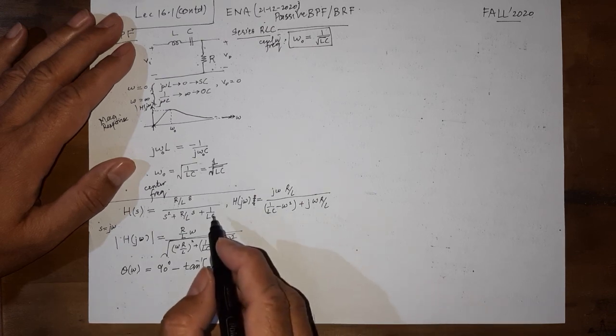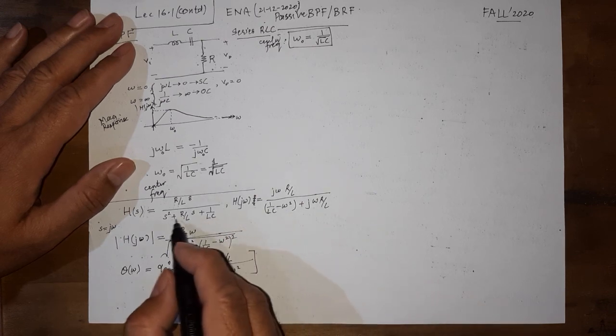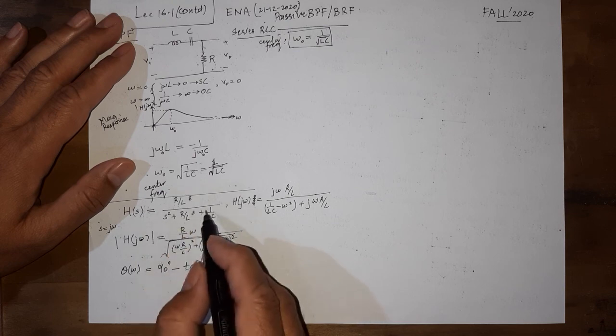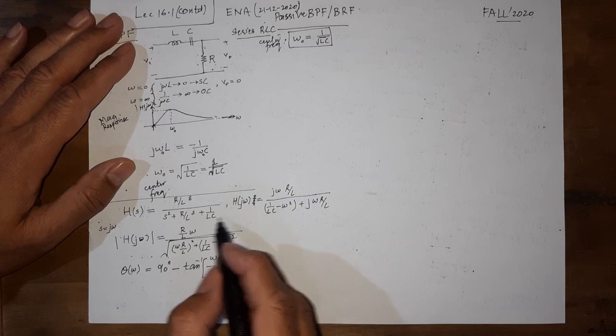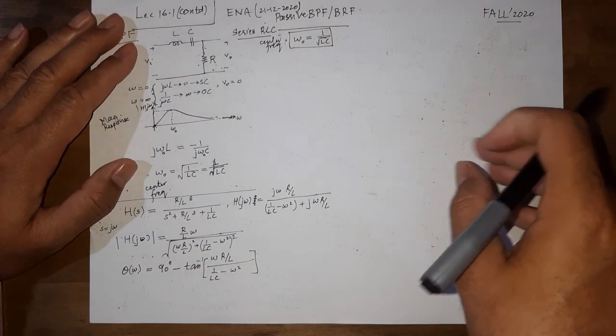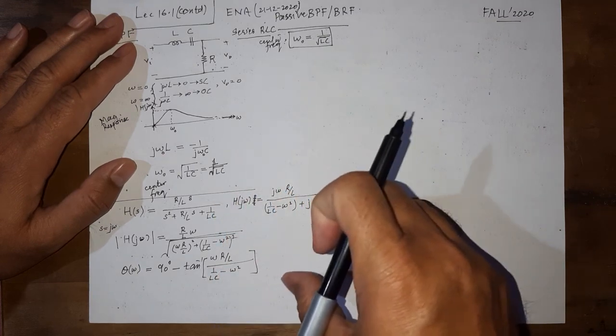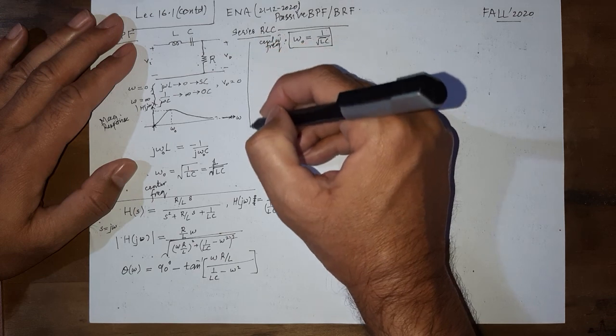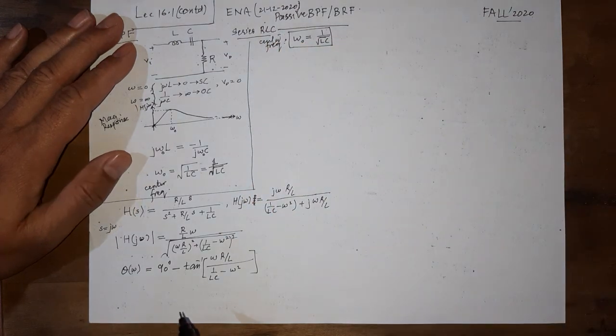And by the way, if we factorize this into s plus some alpha 1 into s plus some alpha 2, we can easily write it in a way and see how a Bode diagram can be constructed. You should try to do it yourself. I will come to that later on. So this is what the magnitude of H of j omega is.